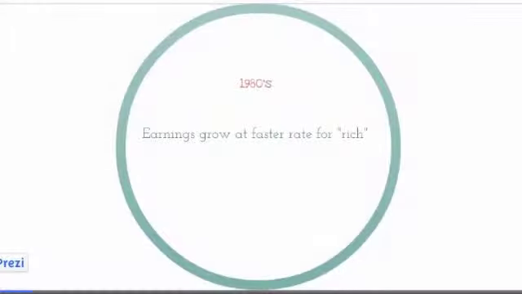Since the 1980s, there has been an unmistakable increase in inequality. In short, the rich have gotten richer and the poor have gotten poorer. In the 80s, the bottom 10% had a marked downfall in earnings, indicating downward pressure on the earnings of the lowest skilled workers. As a result, we have seen that incomes of top earners rise faster and faster. In 1980, earnings for the rich start to grow at a much faster rate than the rest.